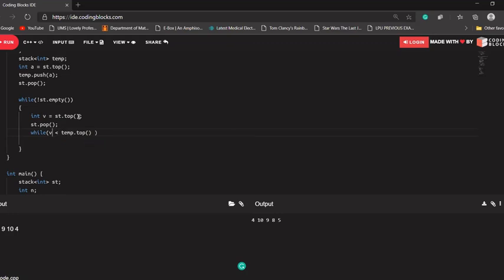as well as before checking it, please check whether there is something in our temp or not. Check both the conditions.